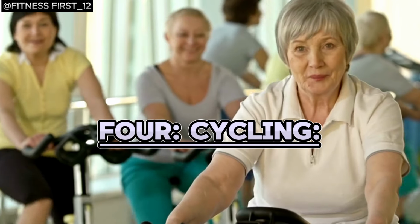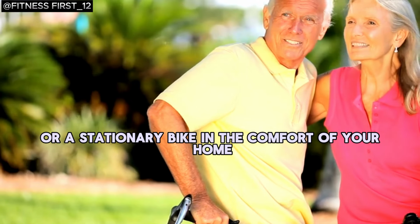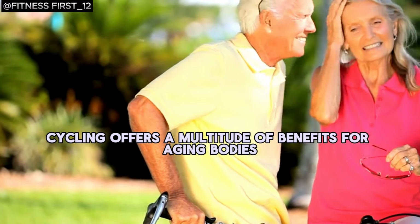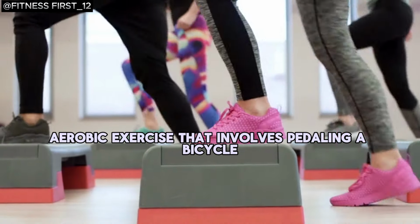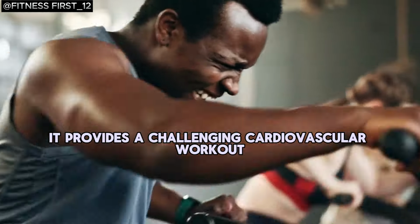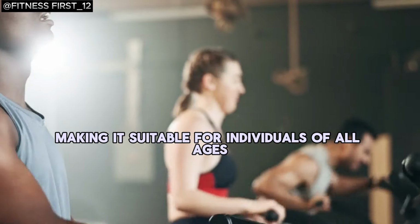4. Cycling. Whether you prefer scenic rides outdoors or a stationary bike in the comfort of your home, cycling offers a multitude of benefits for aging bodies. Cycling is a low-impact aerobic exercise that involves pedaling a bicycle, either outdoors or on a stationary bike. It provides a challenging cardiovascular workout while being gentle on the joints, making it suitable for individuals of all ages